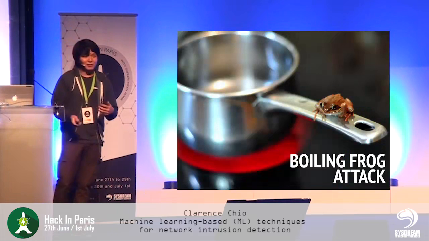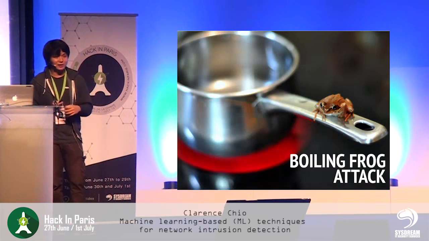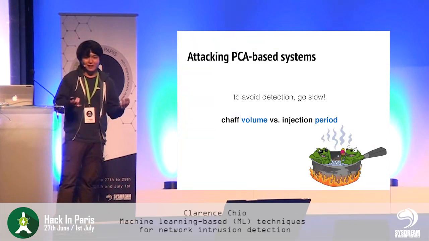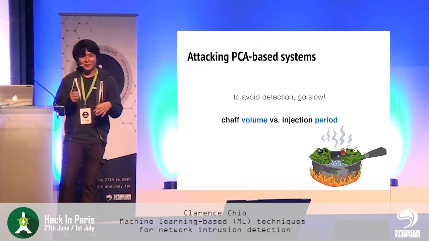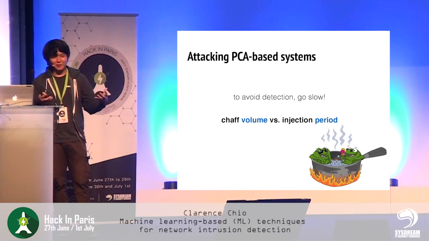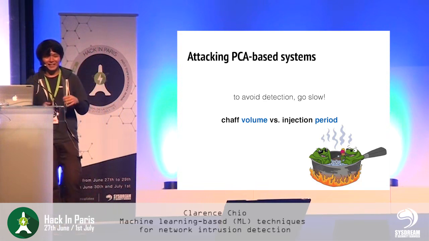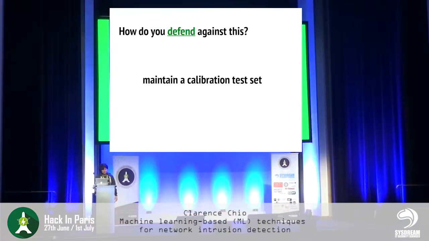And so obviously you'll think, okay, if there's a lot of traffic coming into our systems, doesn't it raise a red flag? Doesn't it alert the sysadmin in the first place? So the idea is that to avoid detection, you go slow. The old anecdote, I'm not sure if it's true or not again, is that if you put a frog into a pot of boiling water, it jumps right out. But if you put the frog in cold water and then slowly start to heat it up, it doesn't jump out and it dies. I think I read that it's not actually true, but this is the anecdote, and you understand what I mean. So how do you defend against these attacks? These are all proposals in academia, and I'm just taking the gist of the important concepts from all of these papers and presenting them to you.